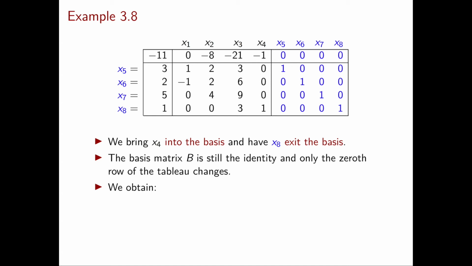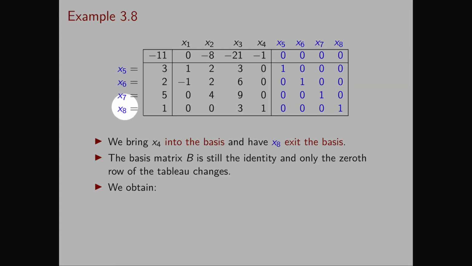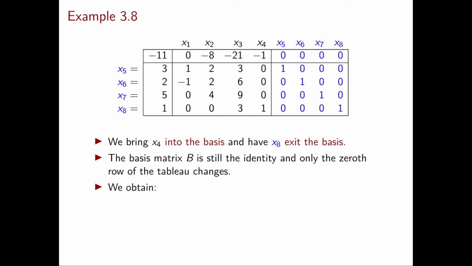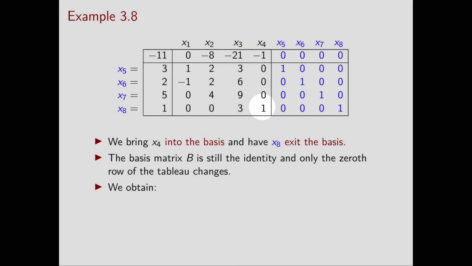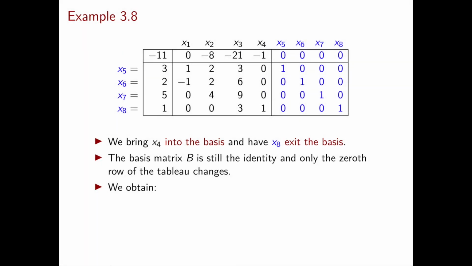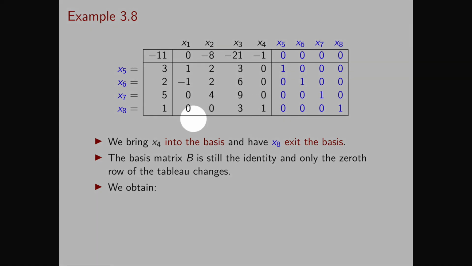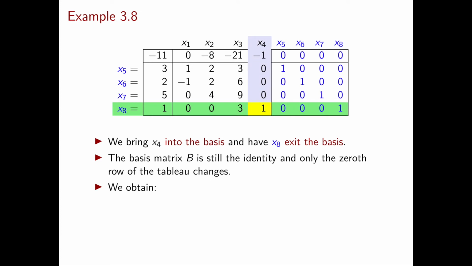Finally, since my basic variables are x5, x6, x7, and x8, I write the corresponding labels here on the left of the tableau. Now that we have formed the initial tableau for the auxiliary problem, we can start to run the simplex method. Also in this example, I will choose the pivoting rule, so I will break ties as I want to. We have 3 negative reduced costs, and I choose x4 to enter the basis. To determine the variable that leaves the basis, I need to look at the positive entries of the corresponding pivot column, and I only have one of them, the one over here, so I will have x8 leave the basis.